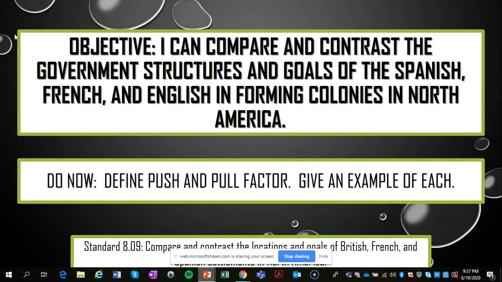Push factors were factors that would force someone to move out of their native land. Some examples of push factors are war, famine, starvation, high crime. These are many things that we mentioned last class that would force one to leave their native land or just